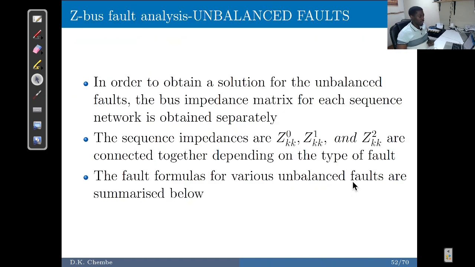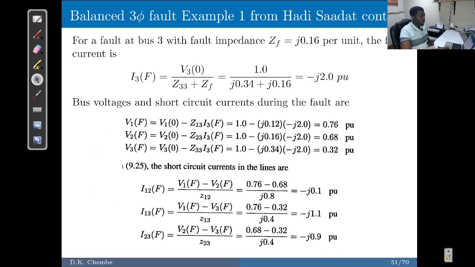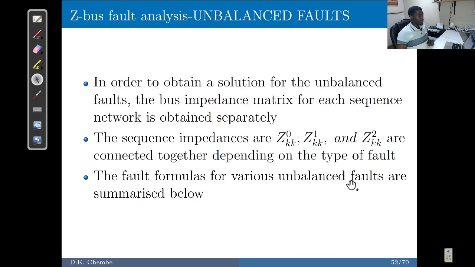That is for a balanced 3-phase system. So in here, it is pretty straightforward. You can repeat the process for the fault on bus 2 and bus 1, and you get your solutions. Now, when we come to unbalanced faults, I did already introduce them in the symmetrical components and unsymmetrical faults, which is the previous video. If you can watch that previous video, then you will see that